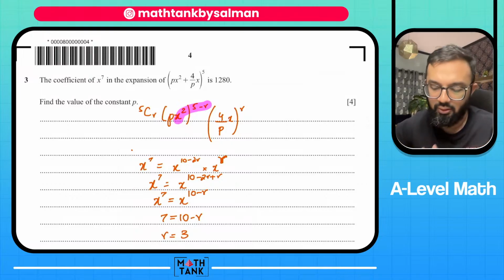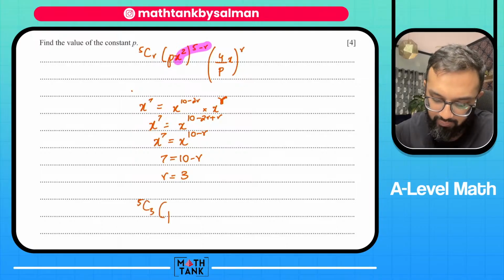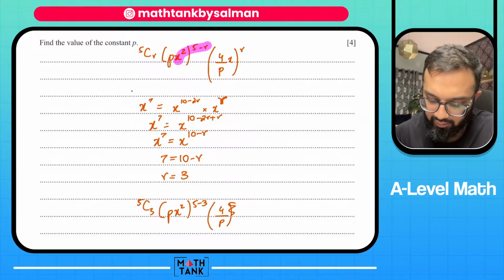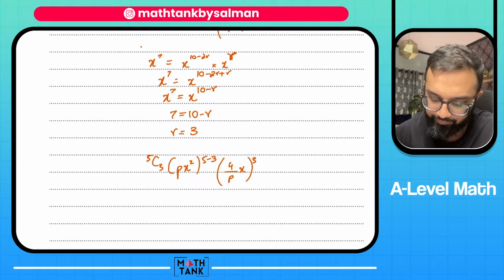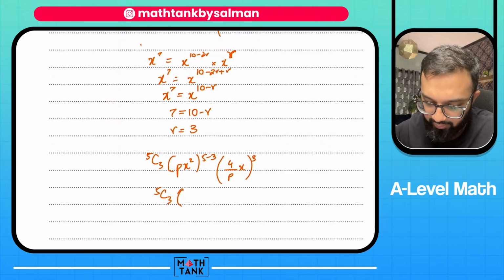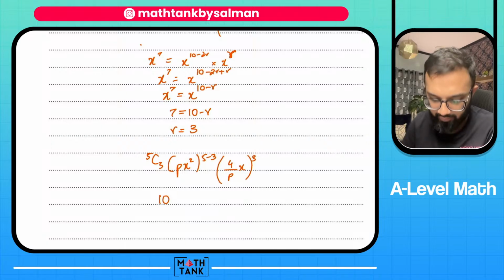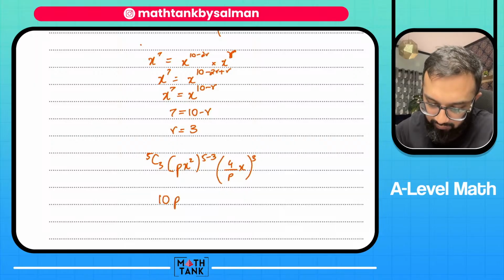Yeah, I just figured that out. R is 3. So 5c3 p x square power 5 minus 3, 4 over p x power 3. Okay, so that's the term that I'm coming up with. I have p square 5c3 should be 10 from my calculator. And then I should have p power 4 x power 4 and then 64 x cubed